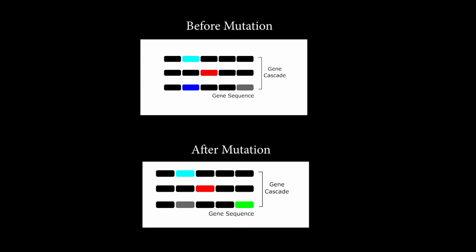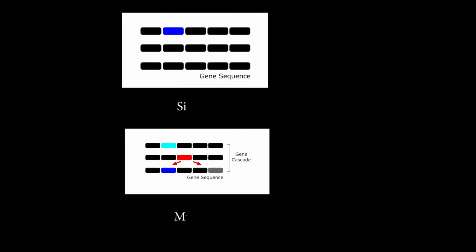If there is a mutation in one of the initial or primary gene cascades, there is a high chance of this altering the expression of all the other genes in the cascade. If we compare a single point mutation in a normal gene to one in a homeobox gene, we can see some pretty drastic differences. Studies that have altered or substituted homeobox genes within Drosophila and